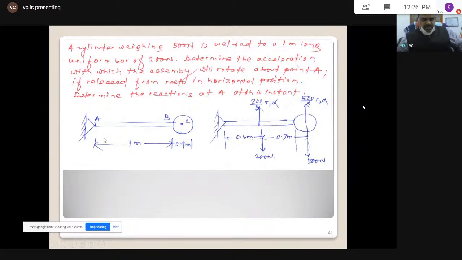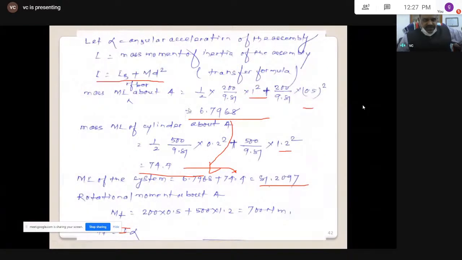You have to find the moment of inertia about this particular point. And the mass acts at the center of gravity, the total mass, that is m d square. So that is the first part of the equation: I G plus m d square, that is 1 by 12 m L square plus m d square, the moment of inertia about the axis of rotation. Here d is 0.5, and the total length is 1 meter. Similarly, the mass moment of inertia of